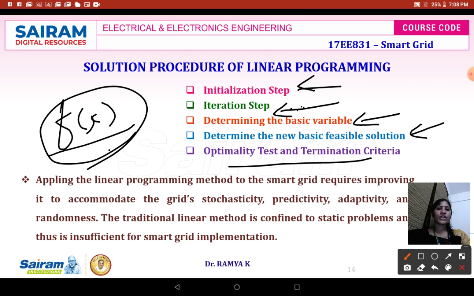If the sign is going to be non-positive, then we can say the solution is optimum. Otherwise, if the solution is not optimum, then you have to go and repeat from step number 2. Next part is going to be the